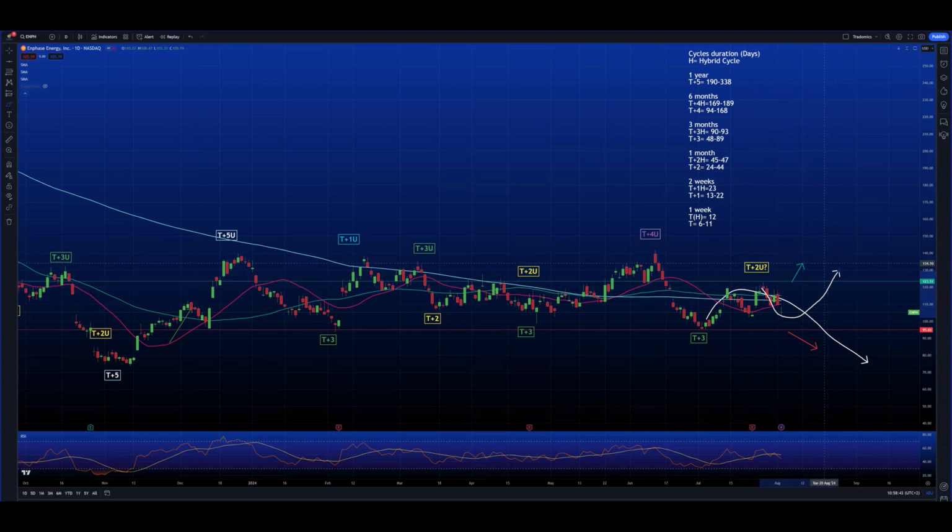But this is something that we will have to calculate once the price will break either this swing or this swing. At the moment, there are no particular indications regarding where the price will move, except, as said before,